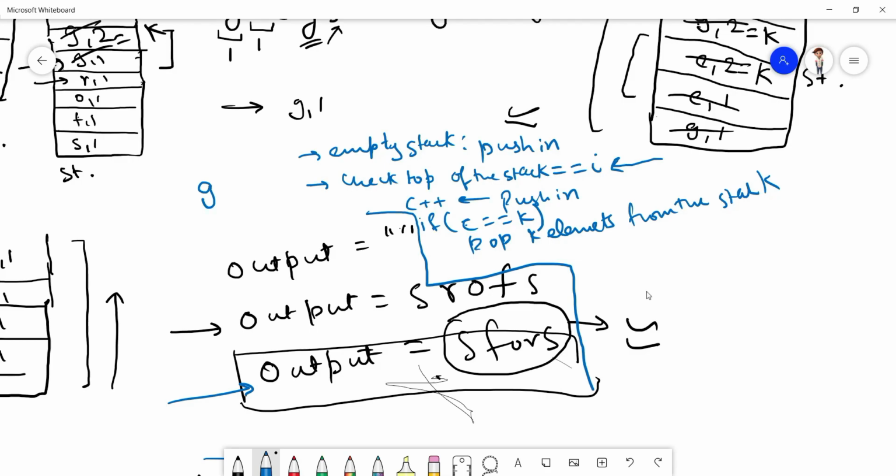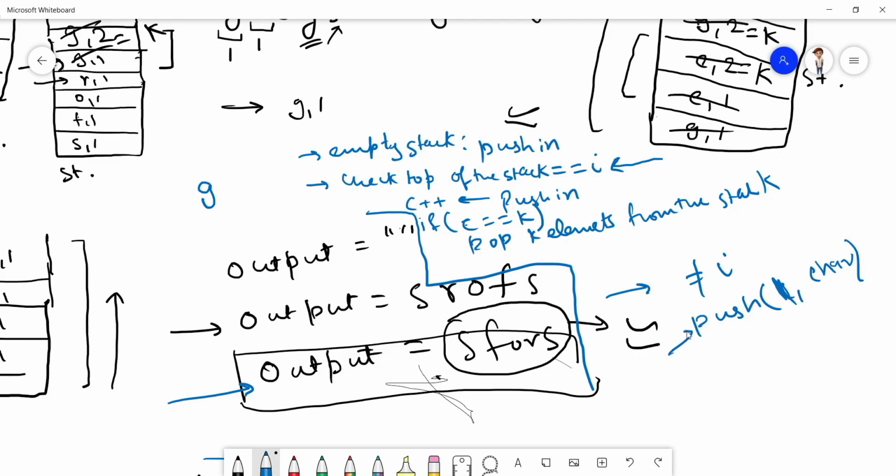Now if the top of the stack is not equal to i, what we will push to the stack is the counter 1 and the character at the ith position, right?